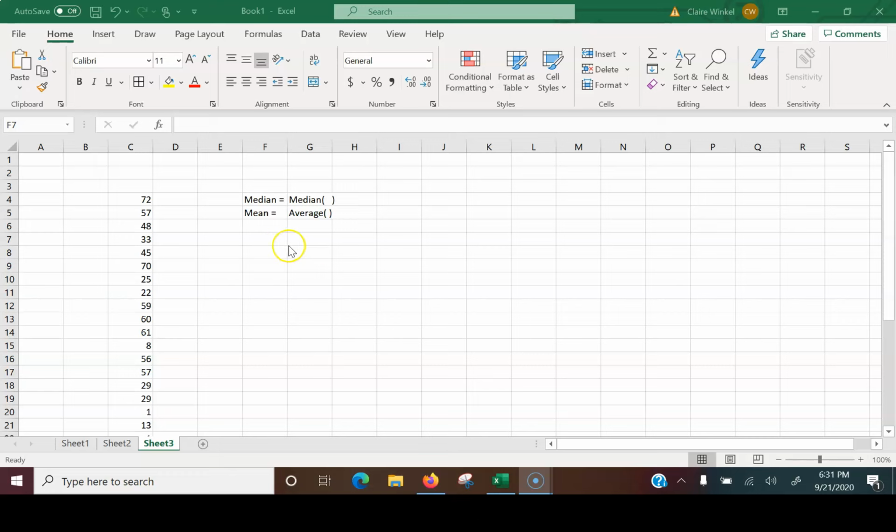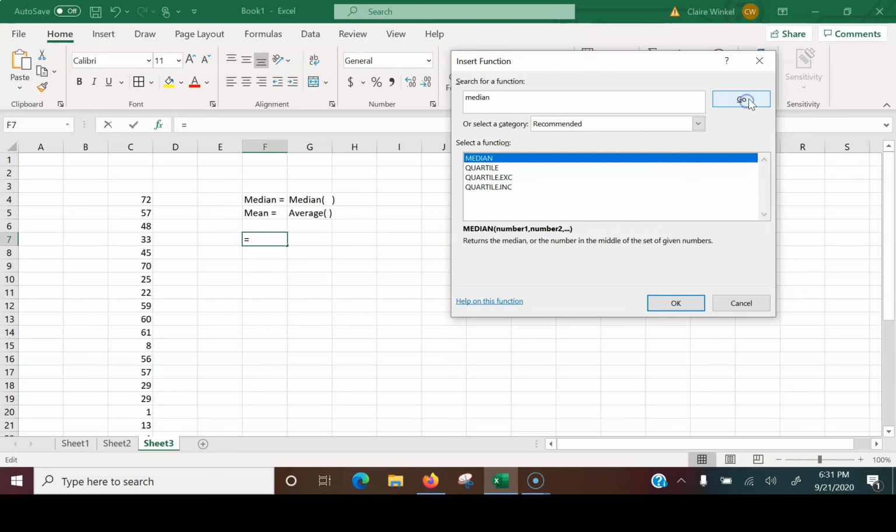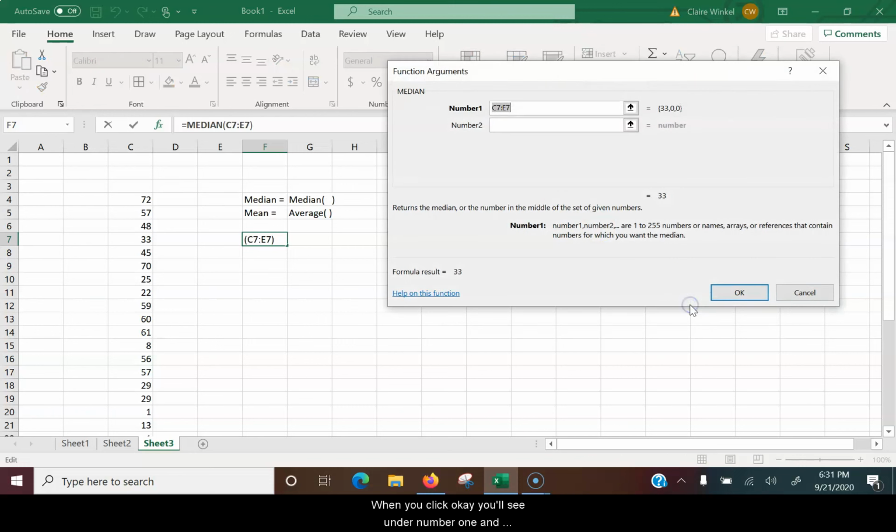You can look these functions up by going to the function icon, the little f with a subscript x. Click on this, and then you can look up median, click go, and you'll get the median function. When you click OK, you'll see under number 1 that it has some values highlighted. I'm just going to get rid of all those, and I'm going to highlight everything in my data column here,